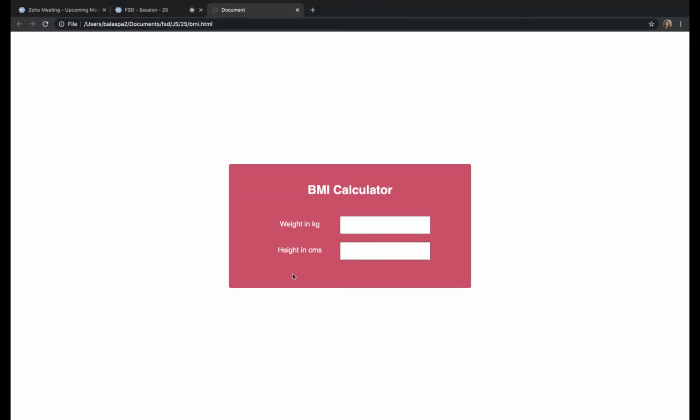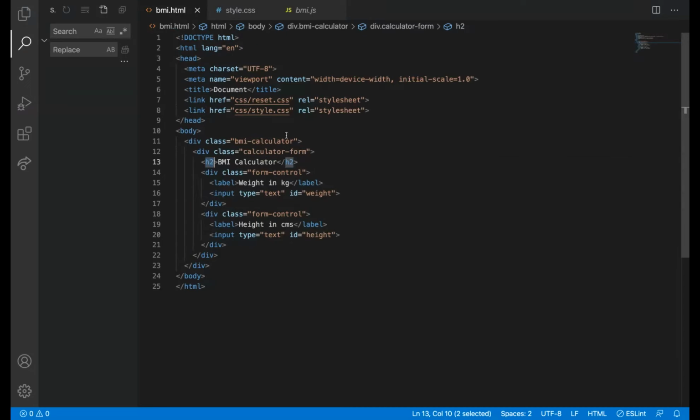So now what we want is to calculate BMI when the user does something. That time only we need to calculate BMI, right? So there should be some calculate button or submit button.